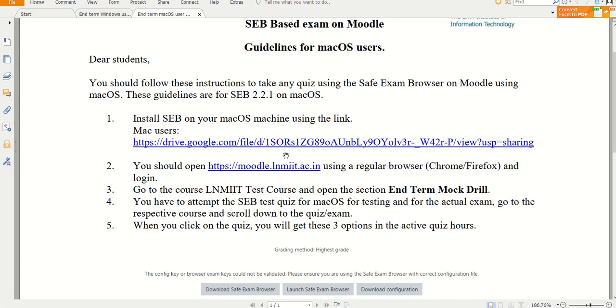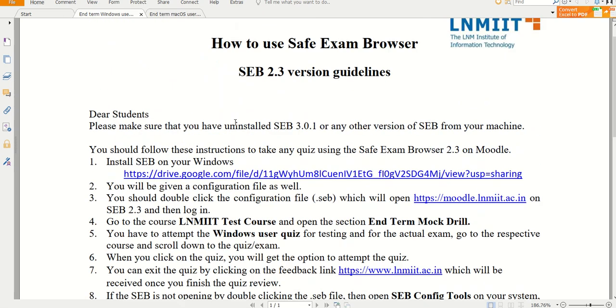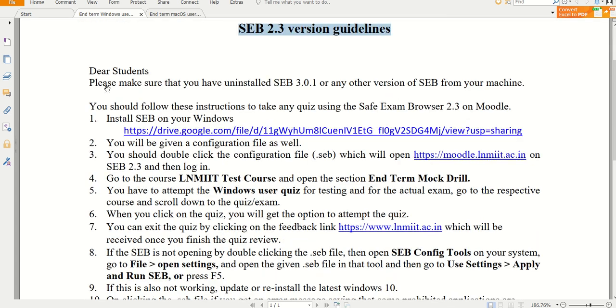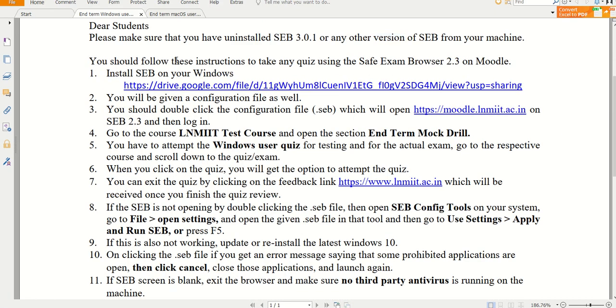So now these are the normal conditions. If this thing happens, very good. If this does not happen, then what should we do? The problems can start from the very beginning, and for that only we are sharing these documents. This is one document for Windows users. This document was shared with the students taking the end semester exam, your seniors. So forget this first line that you have to uninstall 3.0. You don't have to.